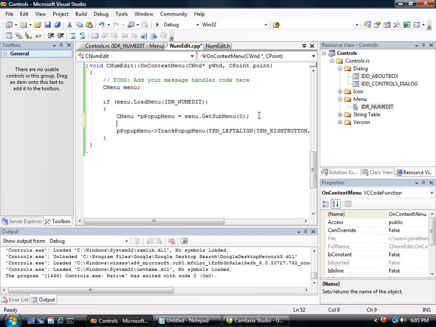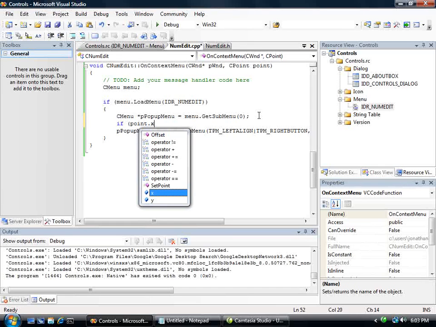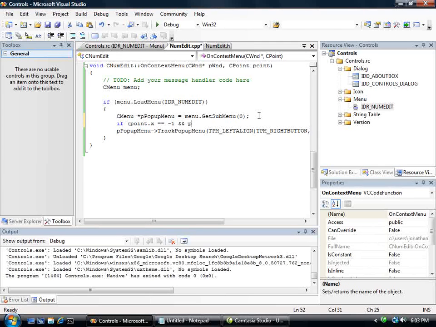If that button's pressed, we'll get the coordinates of -1 for both the x and the y. So we can test for that. If point.x equals -1 and point.y equals -1,